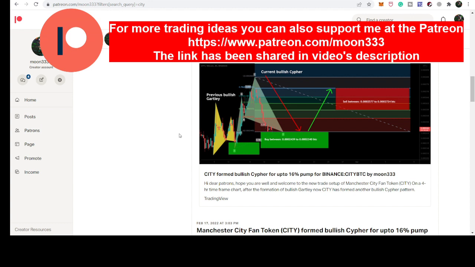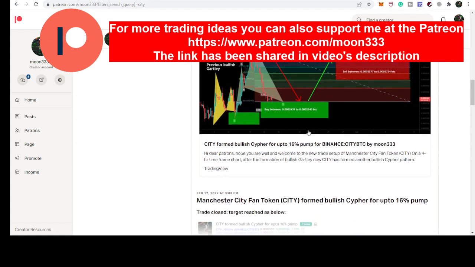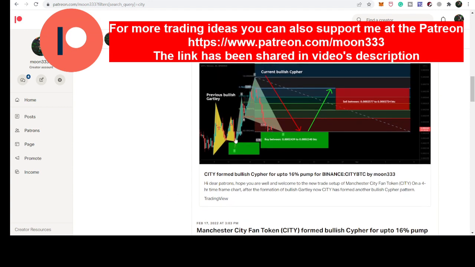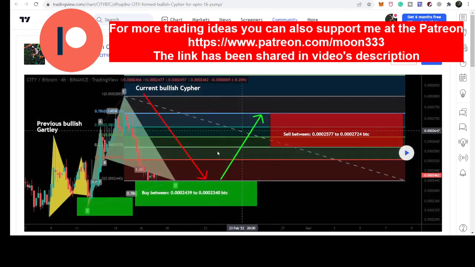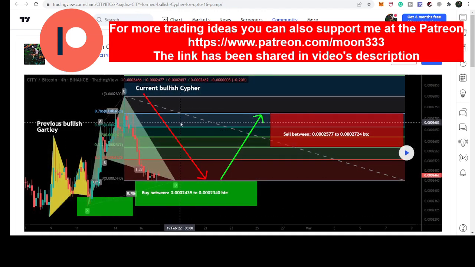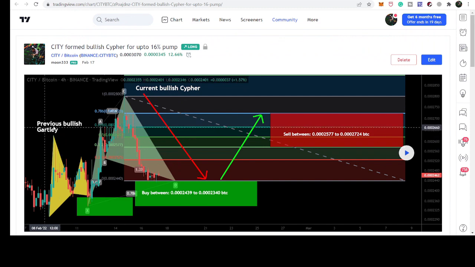So let's start the analysis. First of all, let me show you my previous analysis. That was in fact a complete trade plan that I shared for my members at the Patreon on 17th of Feb, when the price line completed the final leg of a harmonic bullish reversal Cypher move on the 4-hourly time frame chart. Before that, we had this bullish harmonic Gartley move formation, then price again after turning bullish